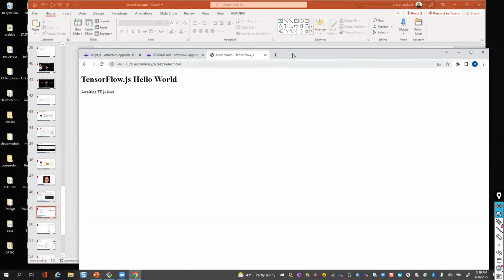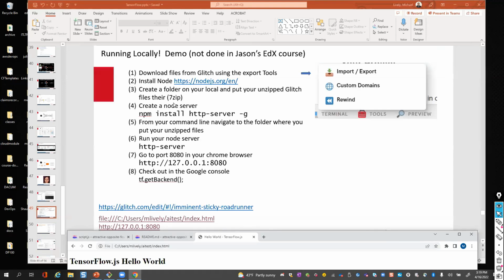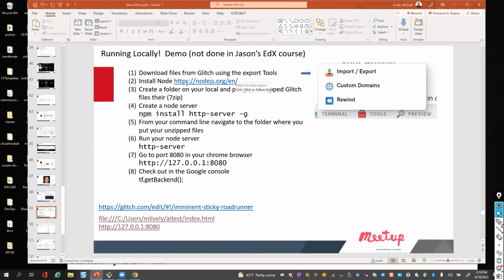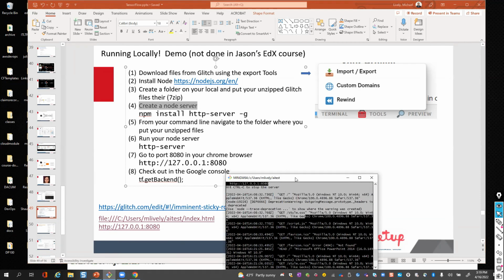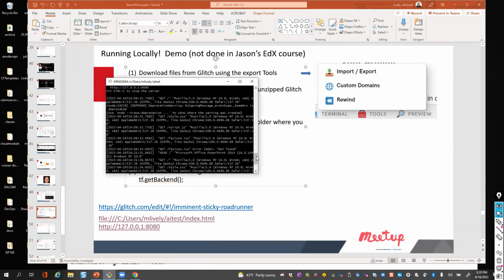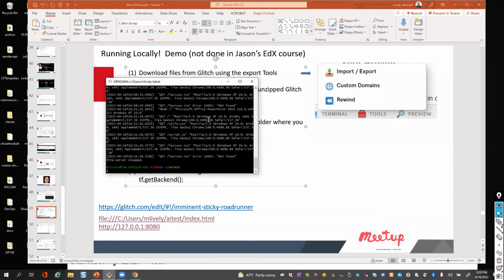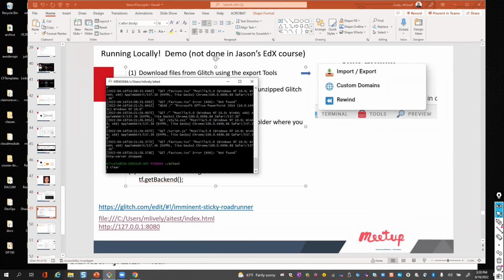So what I need to do is install Node.js. I need to create that folder, which I did, and then I need to create a Node server. So when you use Node.js, I'm going to bring up my Git Bash real quick, and Control C this, and clear this.